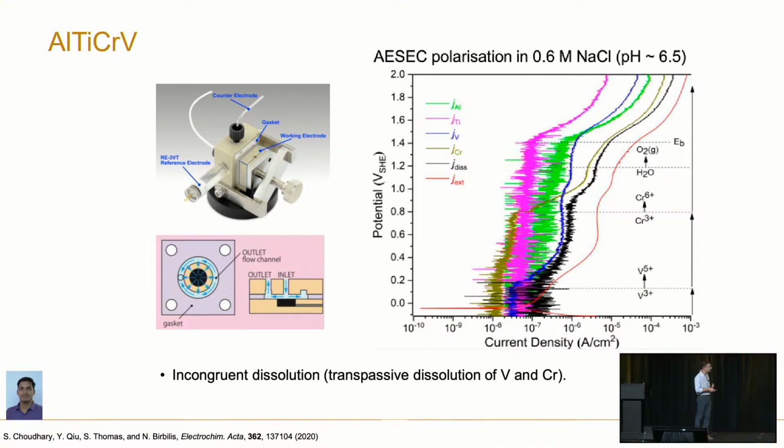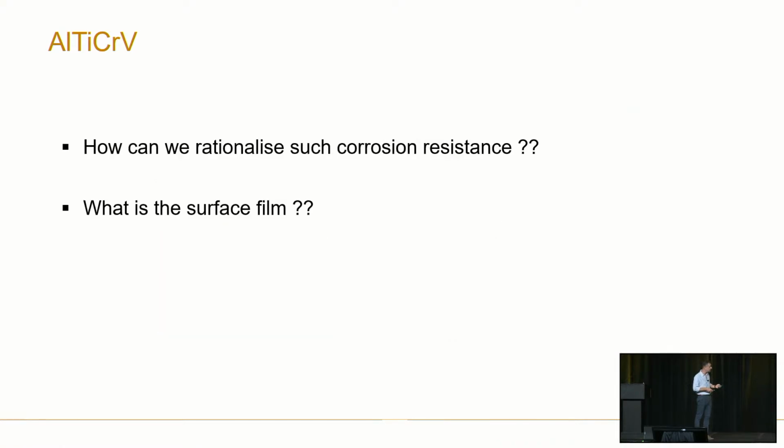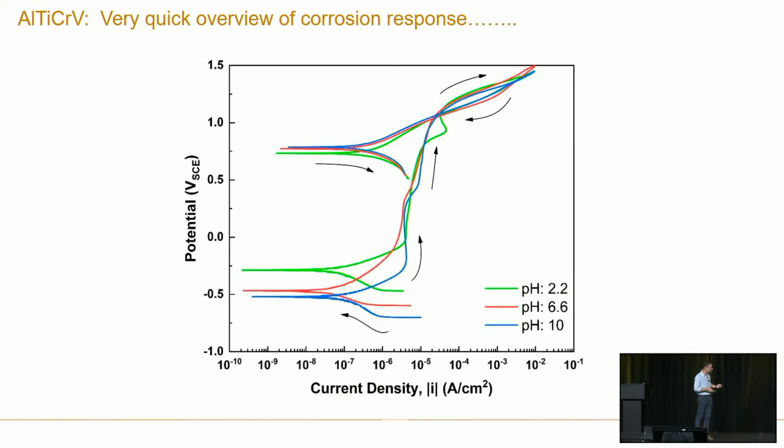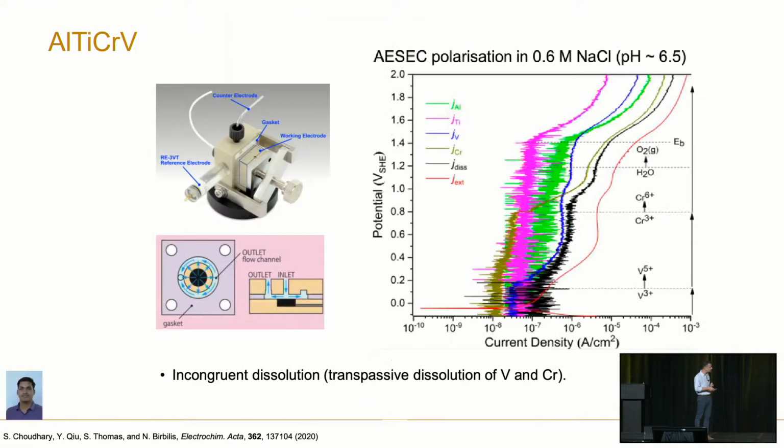As you're looking at the polarization curve, what you can see is a solid line, which is what you'd see from your potentiostat. But what you're actually seeing here is the element resolved dissolution current from each element. And you can see they're in different positions. So what you get is incongruent dissolution. Interestingly, you don't get very much dissolution of titanium.